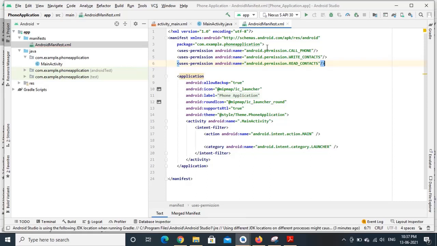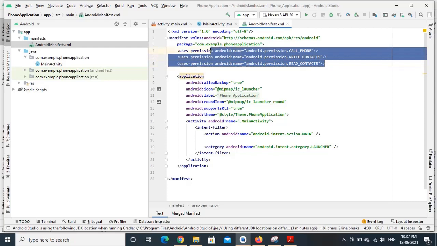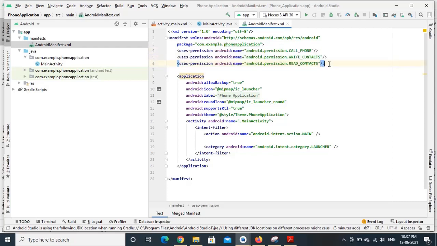These are the 3 permissions we are providing for this application. Once we provide these permissions in the Android Manifest, you can close this.